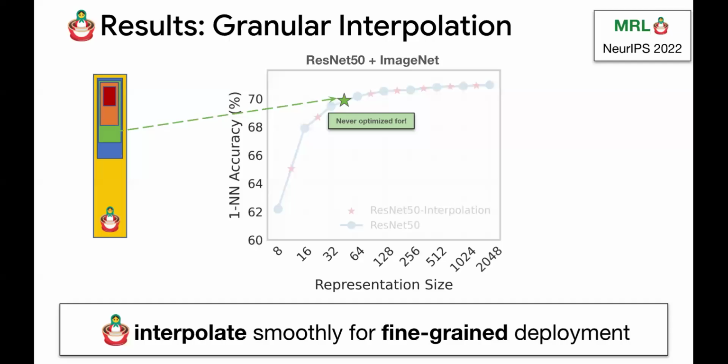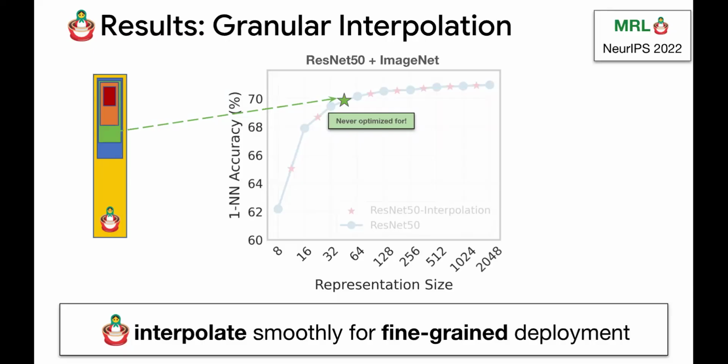Just a clarification question, at least for these set of experiments that you have shown. Is it just the initial embedding that is in this representation format, or is it every layer you're trying to do this? That's a good question. This is only the final representation of any encoder. It's just the last layer. That's the reason the compute is reusable. If it is not the last layer, compute is not reusable.